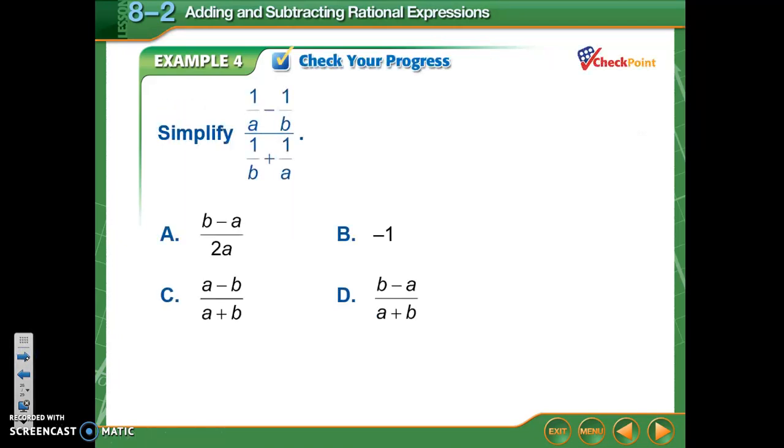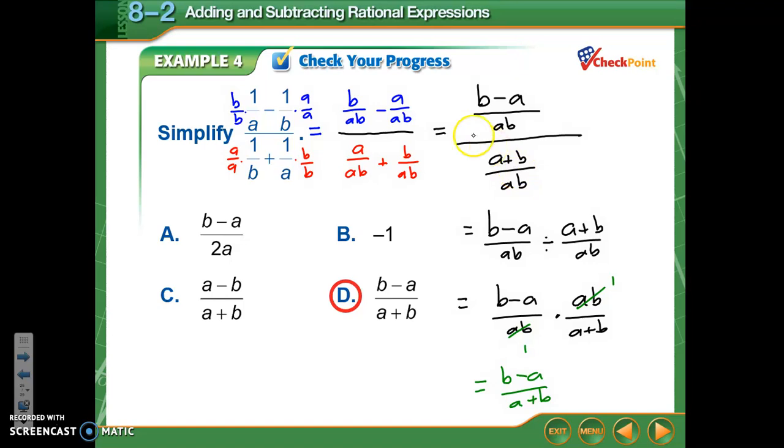Okay, and I want you guys to try this one. The answer here is D. There's the process. Again, my common denominator in the numerator would be ab and in the denominator as well. So I add those fractions and then I divide and simplify, and I'm left with this final